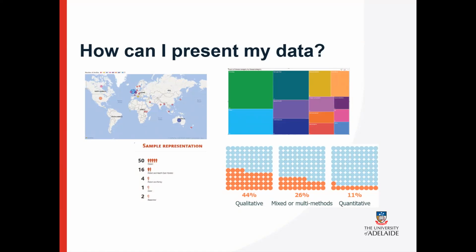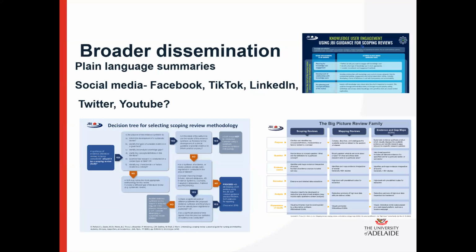And then something I think you've probably seen some of these if you follow me, but I love the idea of broader dissemination. When you finish your scoping review, that is not the end. I always see us as researchers and evidence synthesizers as advocates. And a lot of that work that I do is hoping to improve the work that others can do in this field and to help just someone else a little bit. So even though I do a lot of methodology work, I feel like I need to do infographics to help and explain that, to break it down.